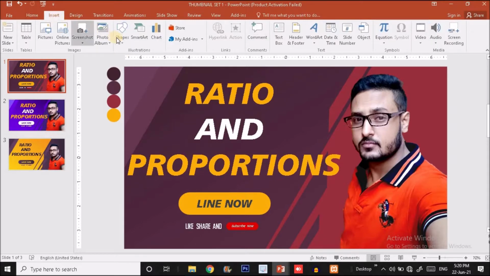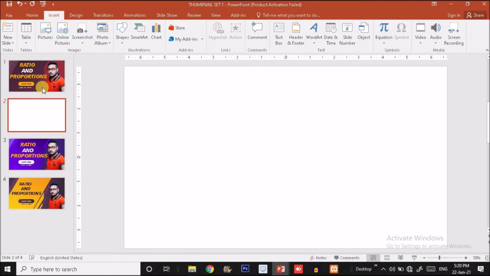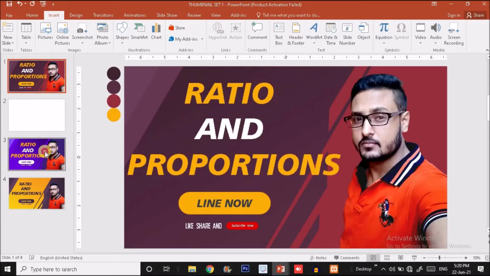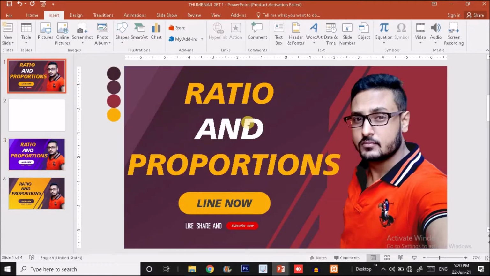So click on the insert option. Here you will find the shape. First you have to insert a blank slide, so I'm going to click on the new slide option and insert a blank slide over here. Now the first one I will create, and these two you can easily create with a different color combination. So I'm going to define